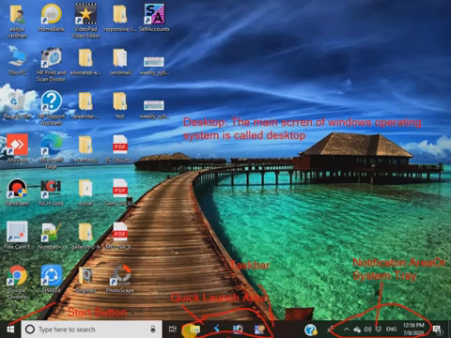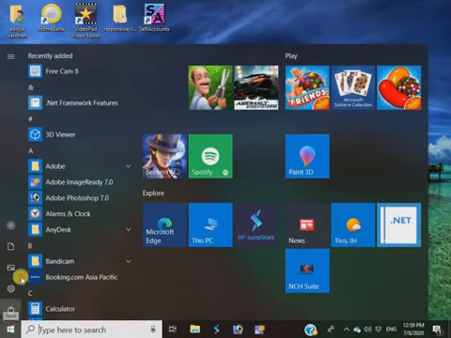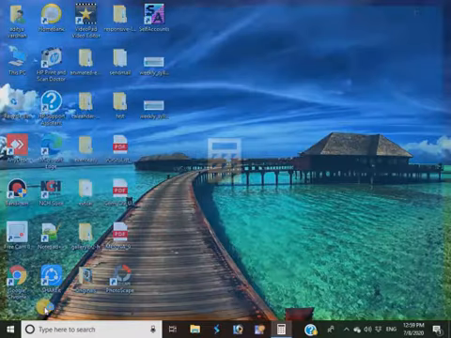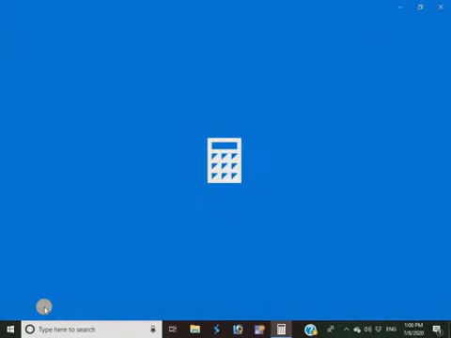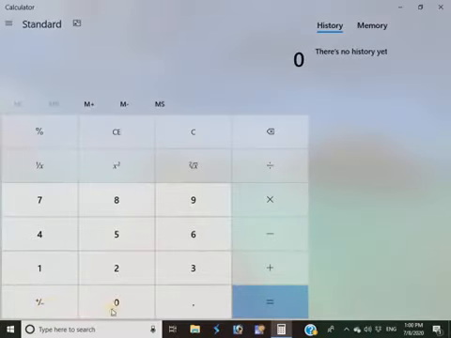The taskbar is the area where, suppose I am going to start an application, for example a calculator, its icon will appear in this area. This button is called the minimize button.